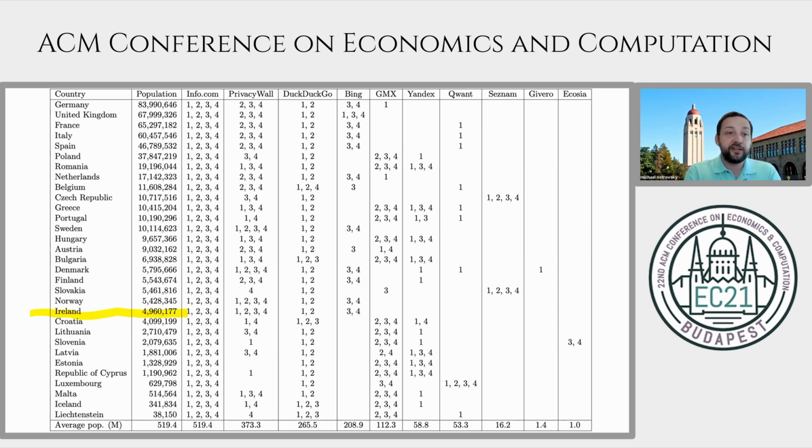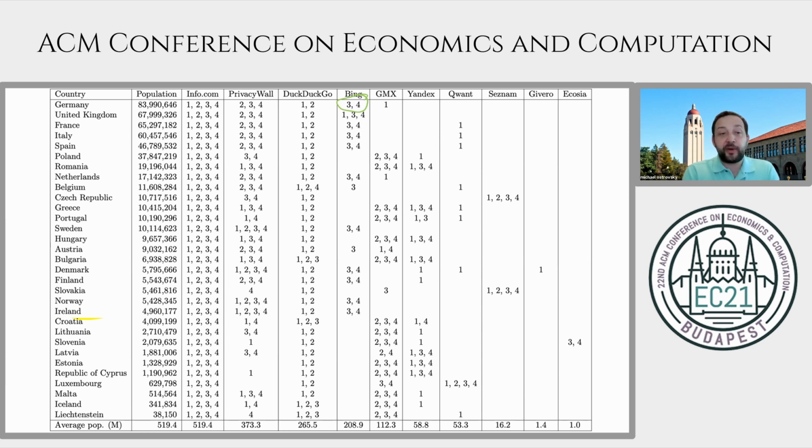It's probably hard to read. It's in the paper. Countries are sorted by popularity from the most populous to the least populous. Search engines are sorted by the average population they win, I'll explain this in a moment, from left to right. And what you have in each cell, because we had 4 auctions in 2020, each search engine had 4 chances to win in each of the countries. So, for example, if you look at, let's say, Bing in Germany, right? So they won in periods 3 and 4, and they didn't win in periods 1 and 2.